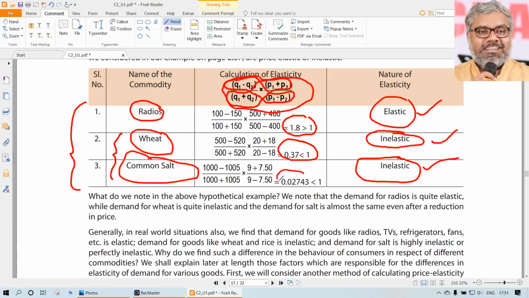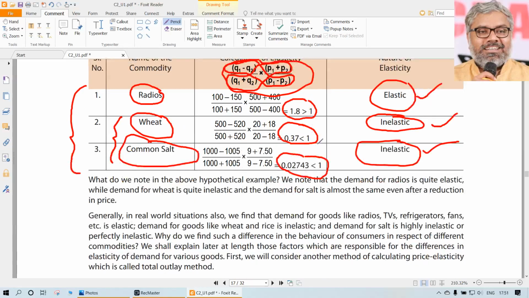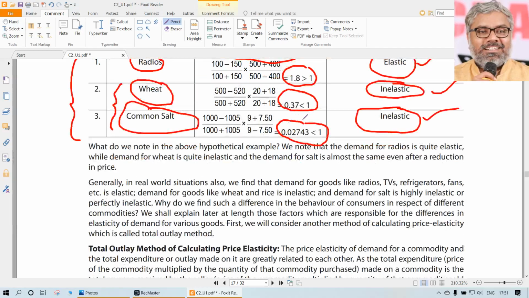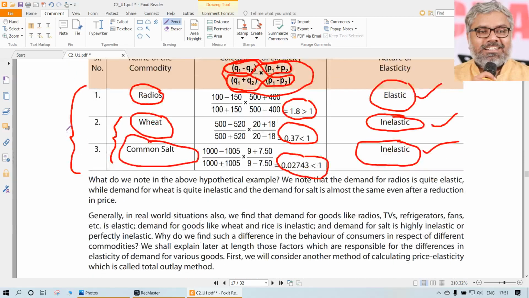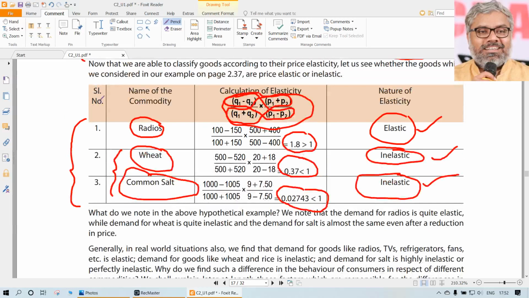The elasticity of demand, whatever number we calculate using this formula, will tell us how strongly price and quantity demanded are related. We know they are related inversely. We know the relationship and its direction. What is the magnitude of that relationship? What is the intensity? What is the impact? How much a percentage change in price will change the quantity demanded is quantified by the price elasticity of demand.